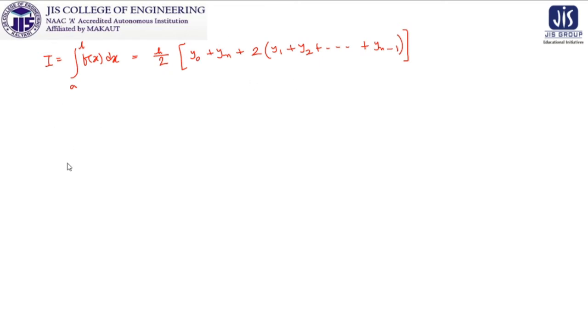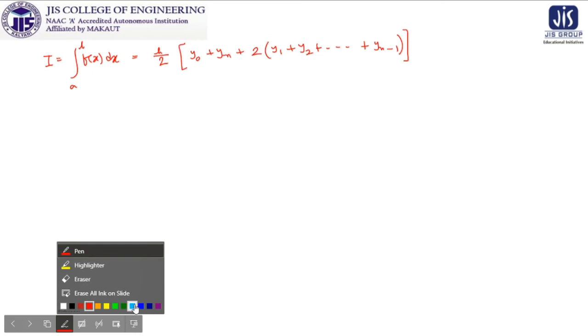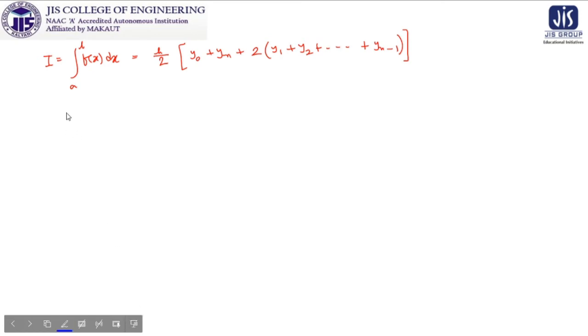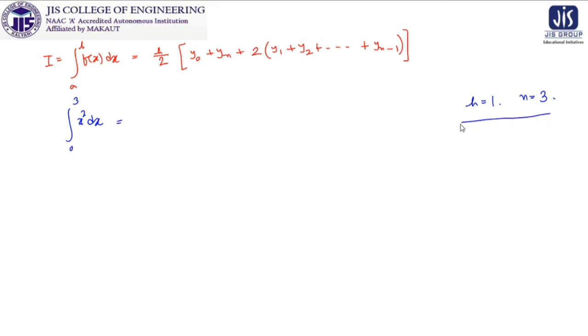So if I take the problem from the last page, the integral from 0 to 3 of x square dx, we got h is equal to 1, n is equal to 3, and we got one table like this: